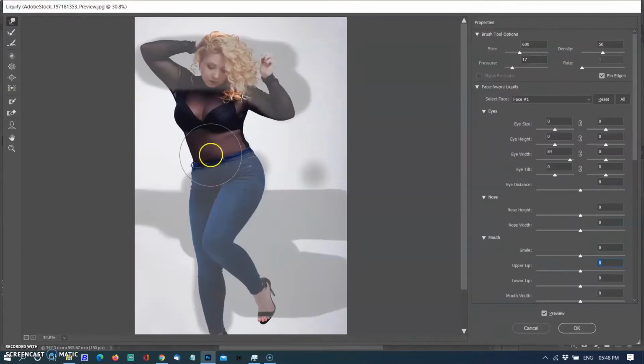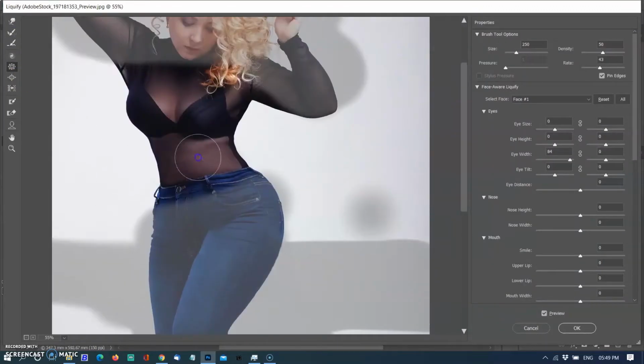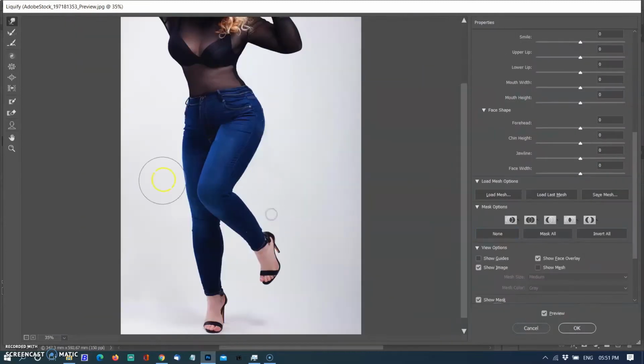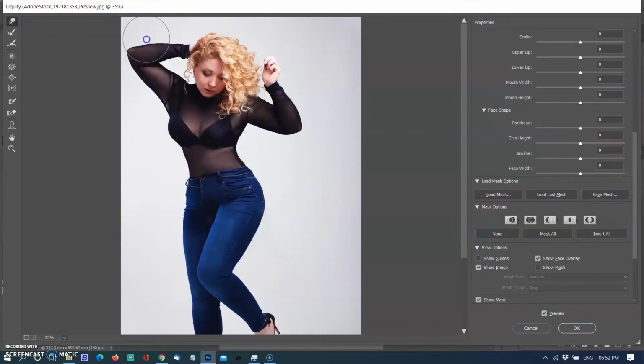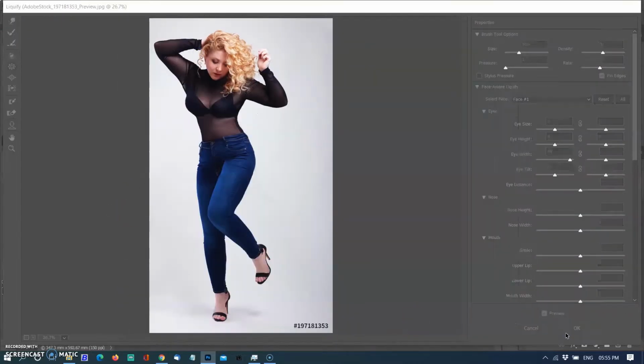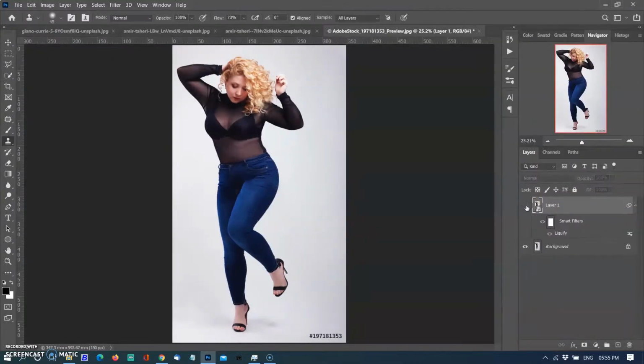Another big feature of the Liquify tool is shaping the body. Here I will show you how you can change the shape of the body, or change a plus size model to zero size. Mostly in retouching, we make very small changes to the shape of the hip, waist and other parts of the body. Not big changes like plus to zero, but again, the requirements are always there.